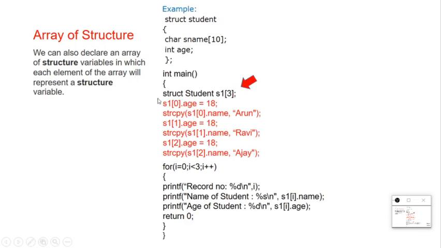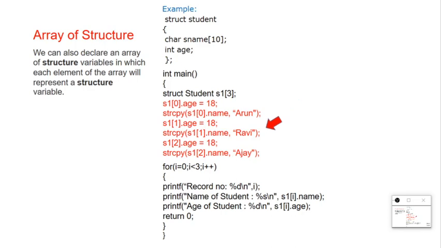Okay, so I'll take a small example. You can see here I have declared struct student s1, and in brackets I have taken size 3. As we know, when we declare an array of size 3, our array starts from 0 and ends with size minus 1, right? So here I am initializing by using equal to and string copy. Let us see how it works. First s1[0], I have taken age and name.